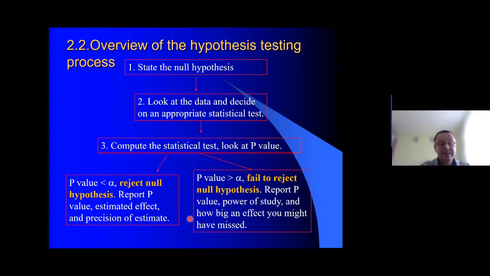So here are simplified steps for hypothesis testing. We need to state the null hypothesis and look at the data and decide the appropriate statistical test. It's actually a black box because inside this second step we have lots of small actions that must be done, which will be considered in minutes. Then compute the proper statistical test, get the significance value, compare significance with the rejection criteria or alpha level. It's typically 5% or less. Lately we prefer to use a 1% rejection criteria. So in this case, we reject the null hypothesis